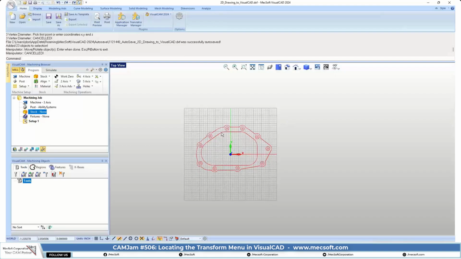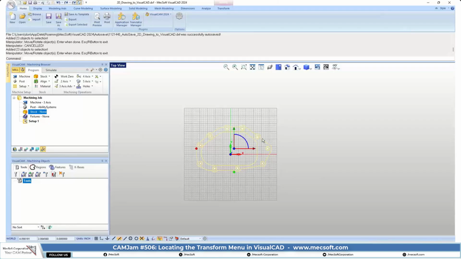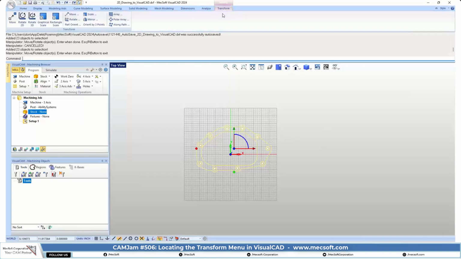So also, as far as transformations, we have an actual menu for that. When you select your geometry, you'll see that there is an extra menu that appears in VisualCAD called Transform. So if you select that, you see a menu. All of these commands are operating on the geometry that you have previously selected. So I just selected all of the geometry. Okay. So again, it's got the basic options. You can move it from one point to another. That's pretty straightforward. You can rotate it, you can scale it,